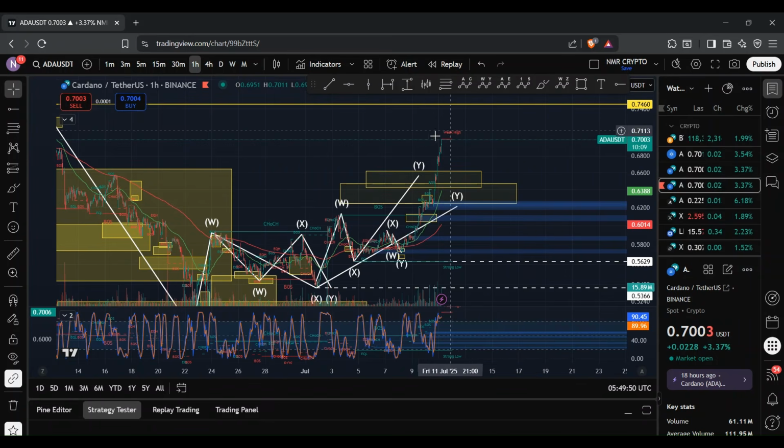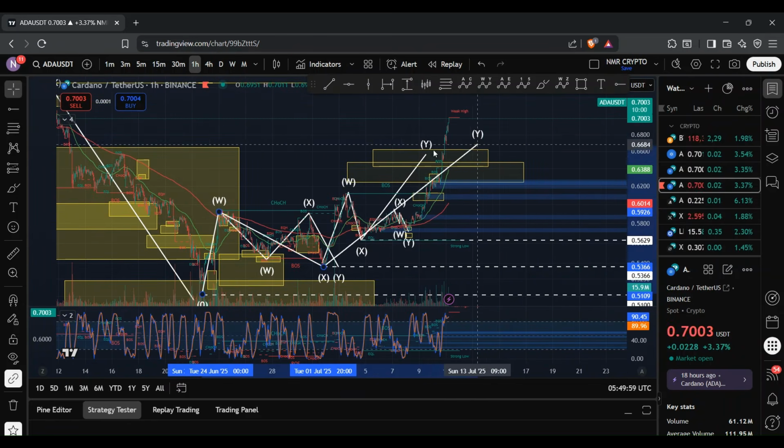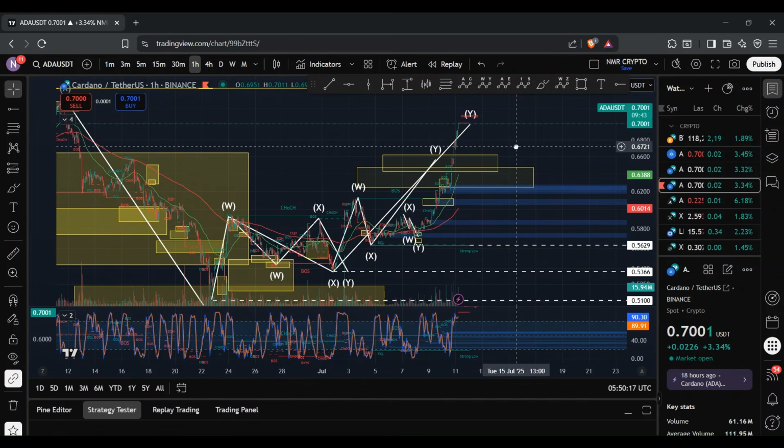And so, given the fact that we are trading above these two key targets, it's possible that we have one of two scenarios playing out right now, with one of which being this WXY structure, where the Y wave was explosive. And that can happen, especially if we are in a bullish environment. But of course, the alternative could be that we have a 5-wave move that's playing out, where this would be the wave 1, this would be the wave 2, and we could potentially be within this wave 3. And then we have a wave 4 and 5 that plays out also. And so for that to be the case, the wave 3 will need to retrace towards the 1.618 level of